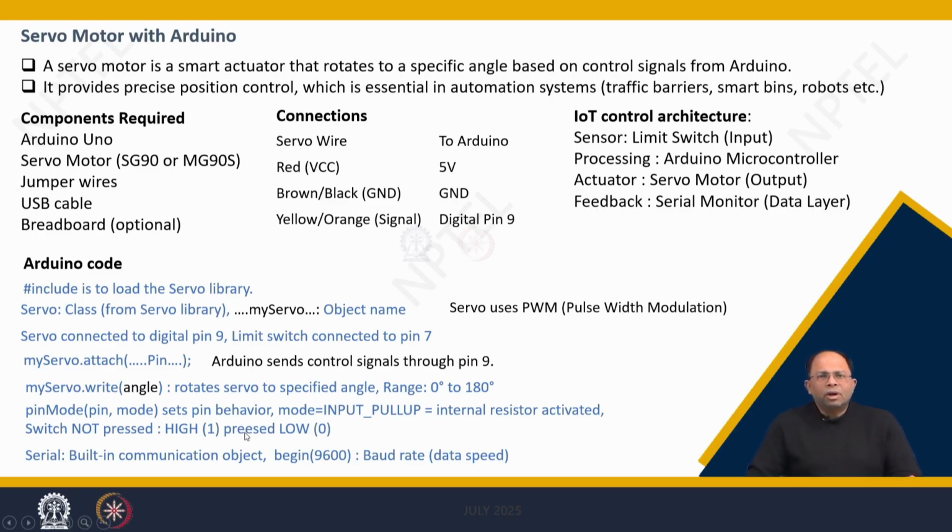And what we have to do is set the pin mode. When we are setting the pin and the mode, we have to say the mode would be input pull up. That means we are setting the internal register, we are making it activated. Now, when it is not pressed, it shows high, and when it is pressed, it will show a low value. So to do this, we have to make the internal register activated, because we are